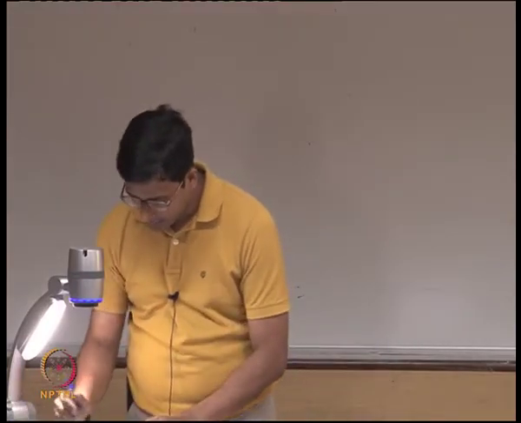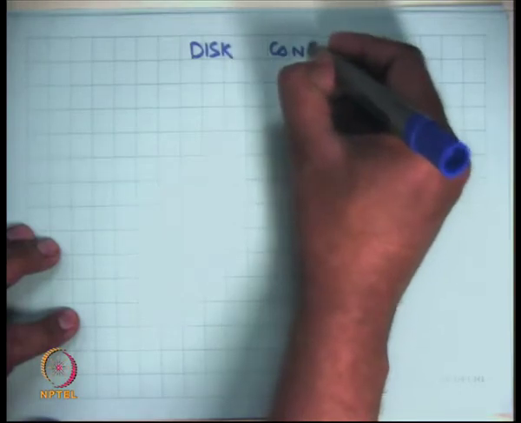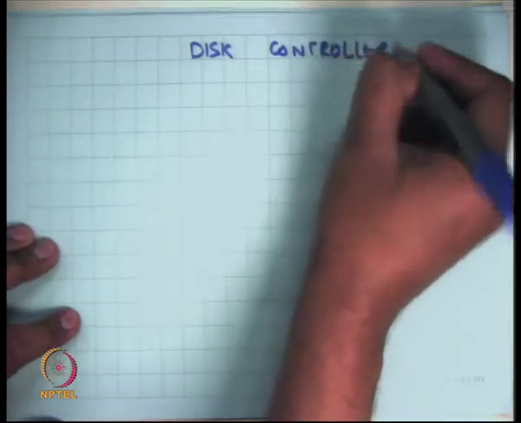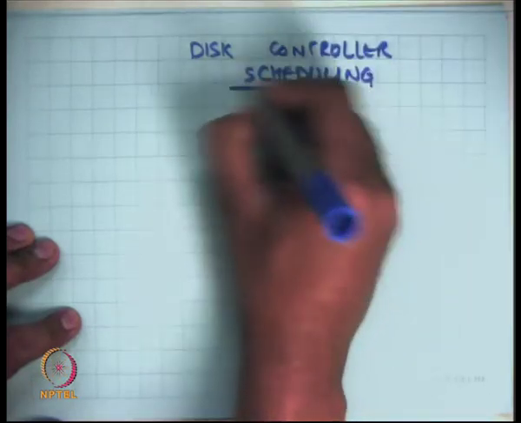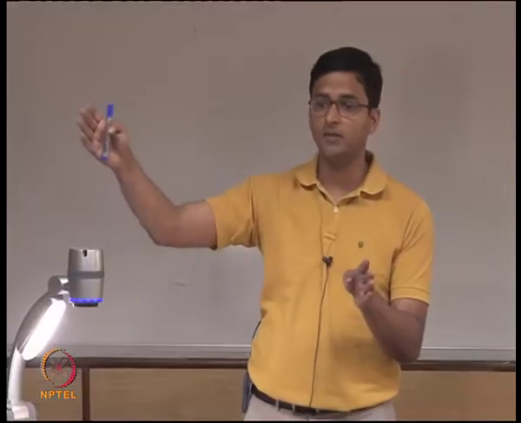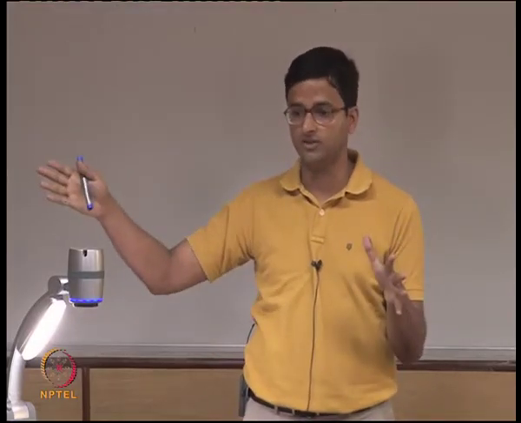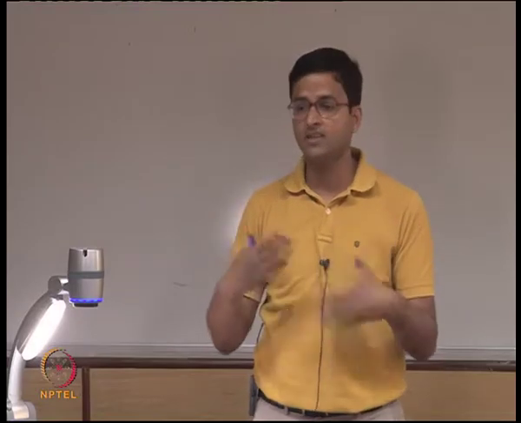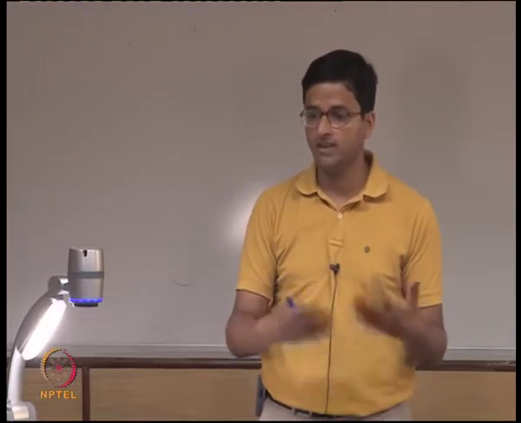Okay. Finally, let's look at the disk controller in a little more detail. In particular, I'm going to look at the scheduling algorithm that goes on within the disk controller. So in the case of a magnetic tape, if you want to access some random byte, then you have to actually go through the entire tape to reach that byte, assuming you have variable sized records. Right. So that's the disadvantage. That's why it was primarily used for backups and not for online transaction processing workloads.